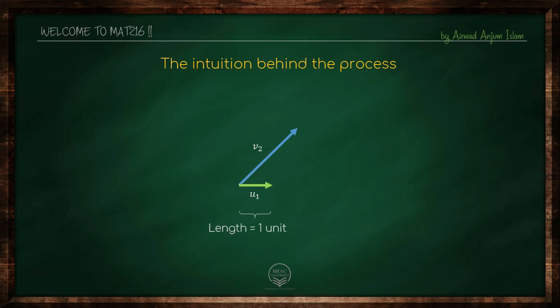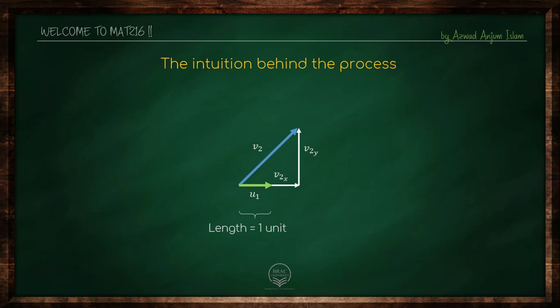Well, if you recall anything from high school physics, you know that we can write a vector as a sum of two other vectors, or a sum of several of its components, right? So we can say that V2 here is the summation of this vector and this vector, all right? If you recall, we used to call it Lombo Upangsho.